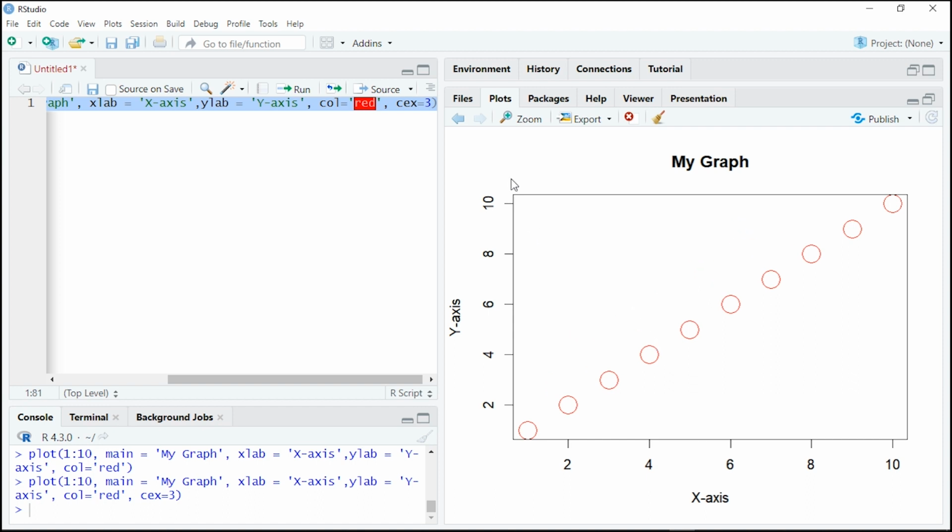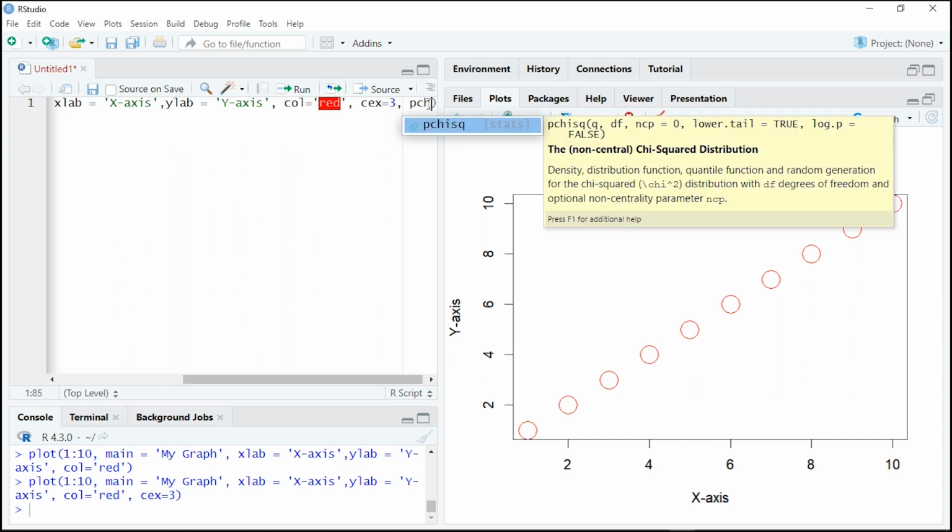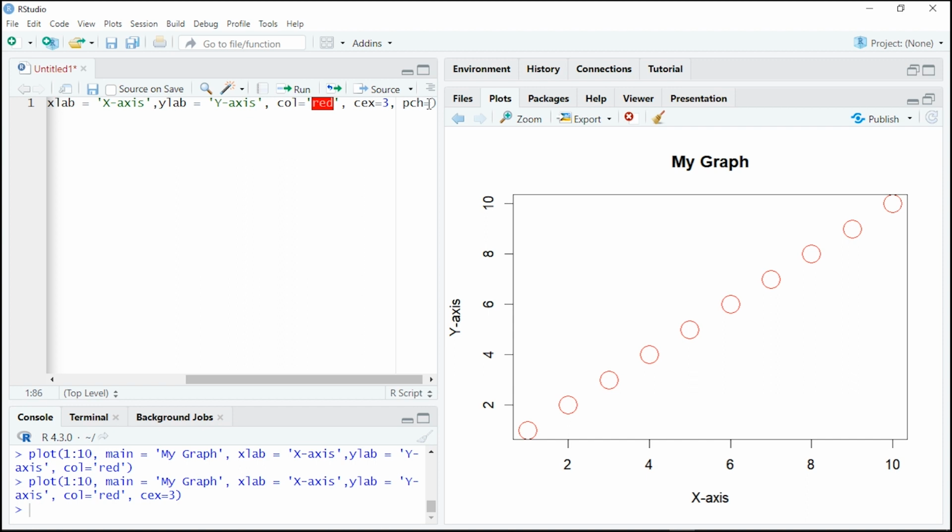Like for example, let's add in that argument. Let's say pch, basically pch. Then you can assign it to your value. Like even if you give it 25, it will be the highest. Let's run. Then I guess you can see it's kind of a triangle. Now guys, basically in a nutshell, 0 will be a square, then 1 will be kind of a circle, 2 will be a triangle, and then